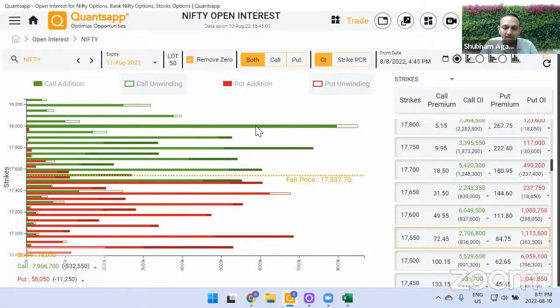Obviously, someone has bought it, but that might be a strategy position, or maybe somebody is trying to buy a lottery ticket. But who is in control? The sellers are in control, because the 18,000 call option is not trapped, and they are making money from the theta decay as of now, because the market is far beyond that level, right? So if you look at all the strikes on the upside, you can consistently see that at every 100 points there is a significant amount of open interest on the call side as well as on the put side. But when the market is significantly trending in nature, then what happens is,